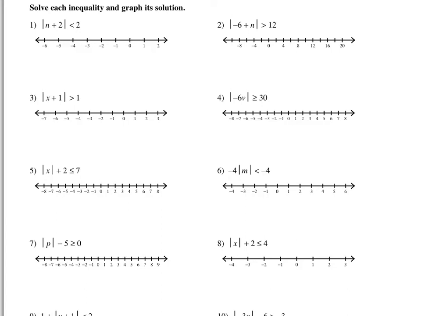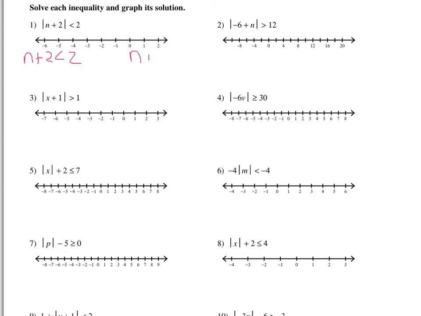Today we are going to solve absolute value inequalities, which are very similar to what we did yesterday. The difference is that instead of having an equal sign in between, you have a less than or greater than sign in between. The process starts out the same. You have to make sure you have the absolute value by itself. Once you do, you make two different equations. One that looks exactly the same as the original,